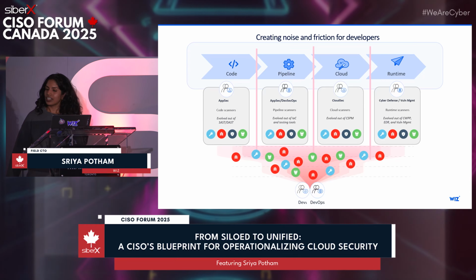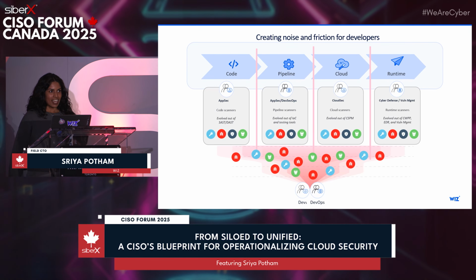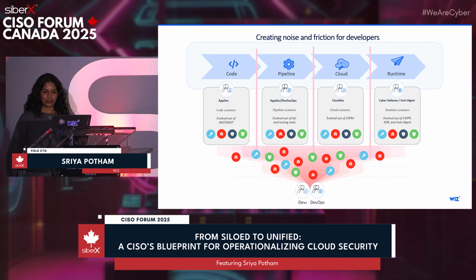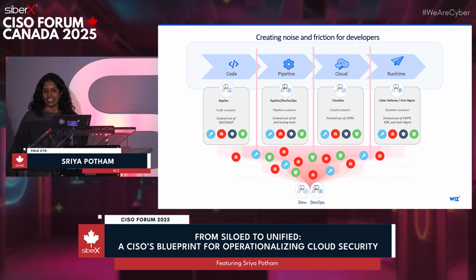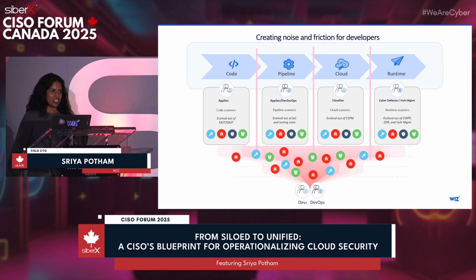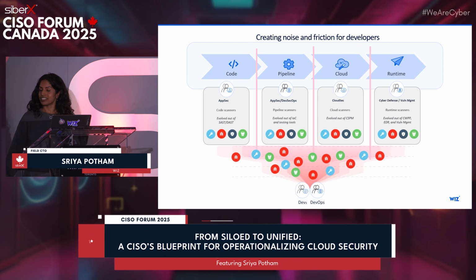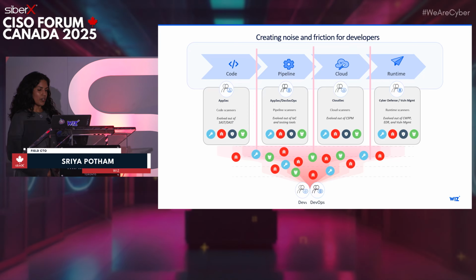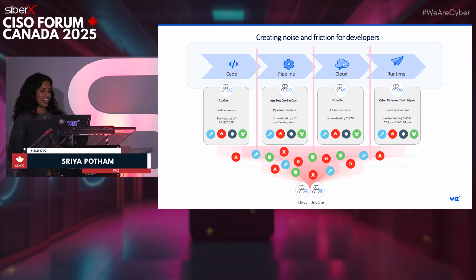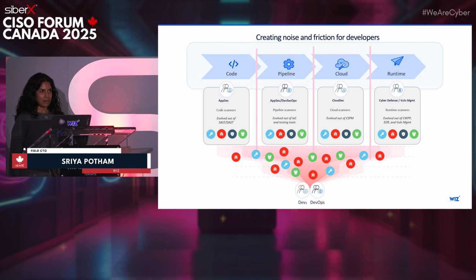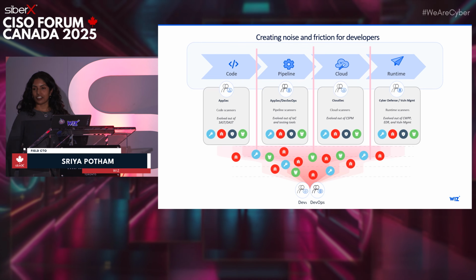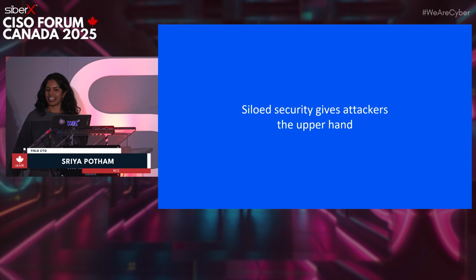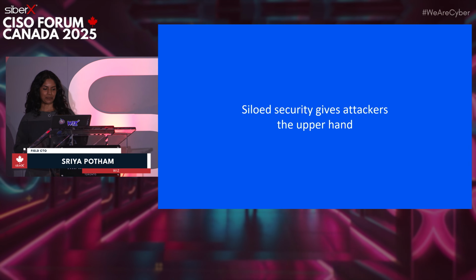And last, we have a lack of context for actual remediation. When an issue is flagged, developers rarely have the full picture. For example, a runtime issue might lack the traceability to identify its origin in code, while a pipeline misconfiguration may not indicate how it impacts production. This lack of context slows down remediation and increases frustration.